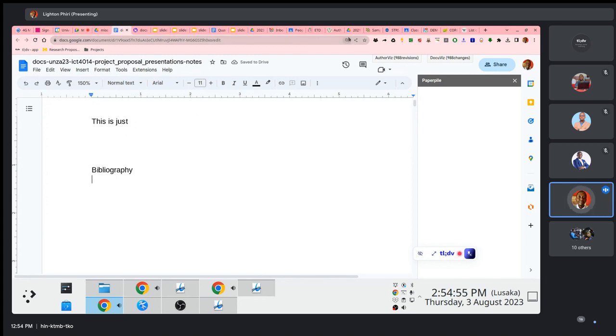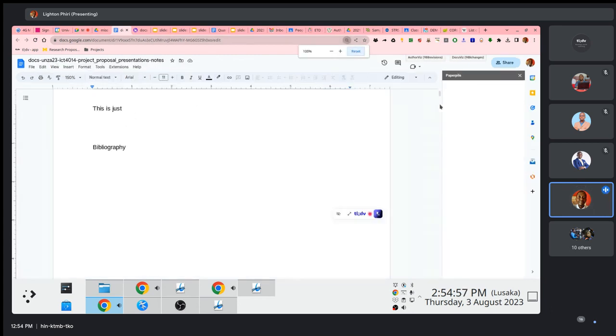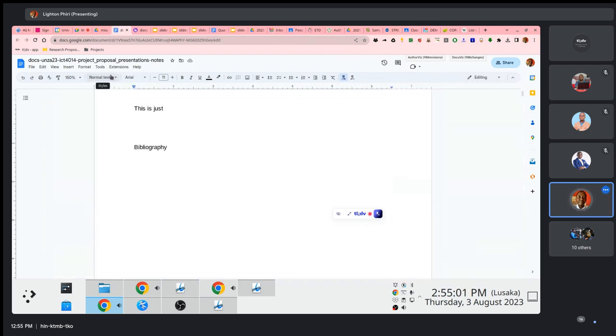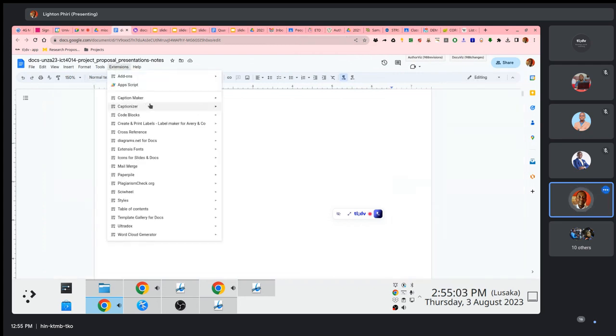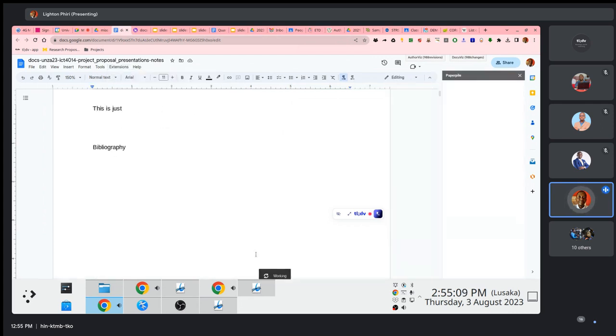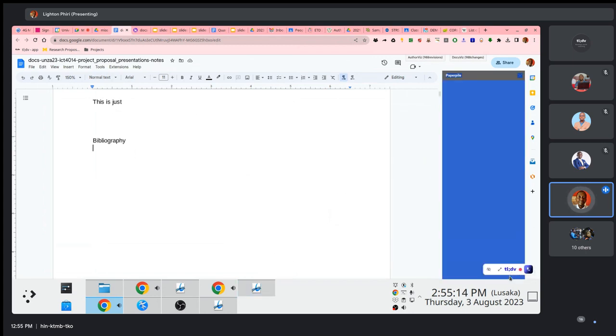I don't know if this thing is working here, but I was expecting this to have been contextualized by now, but it appears it's not working. How sad. But I guess you can see here that I can actually access all of these different features. It says it's still working. I don't know why it's not opening up here. I wanted to showcase this.